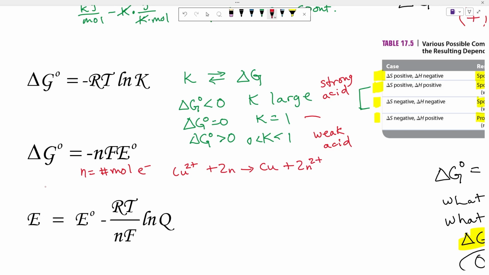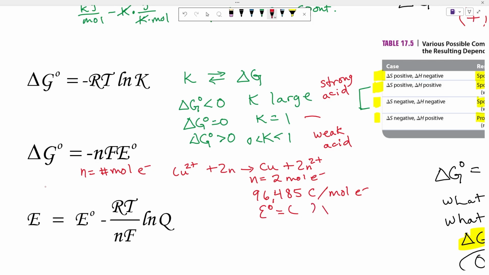That one involves 2 electrons, so that would mean N is 2 moles of electrons. Faraday constant is 96,485. It is the charge of 1 mole of electrons. Okay, and then E is the standard potential